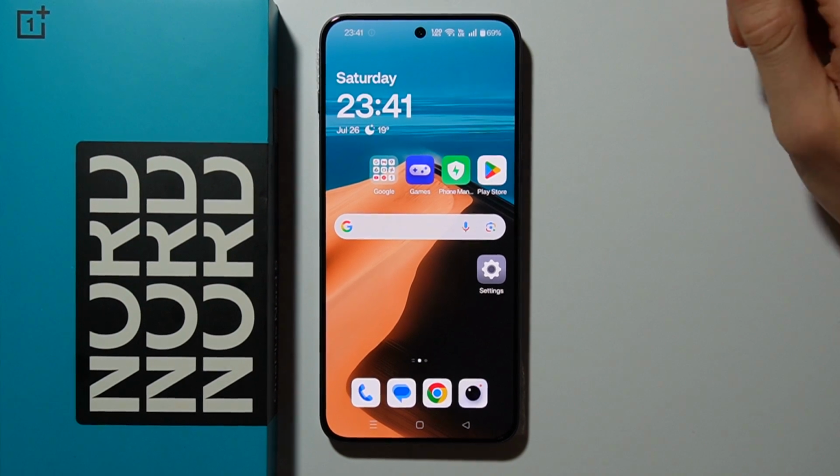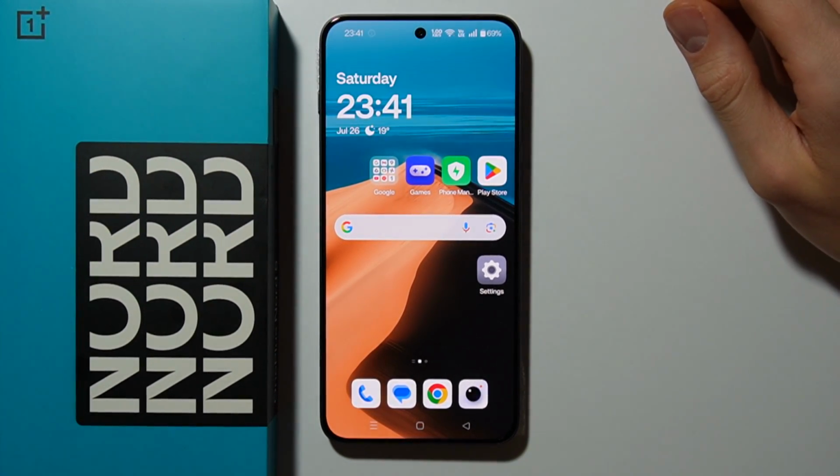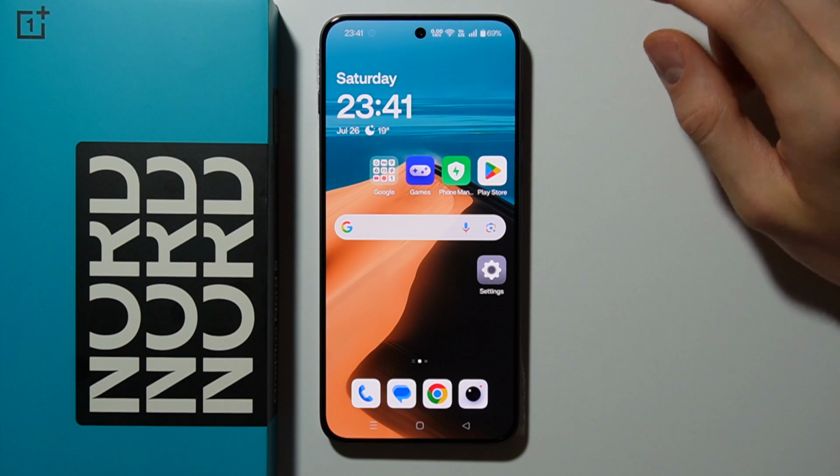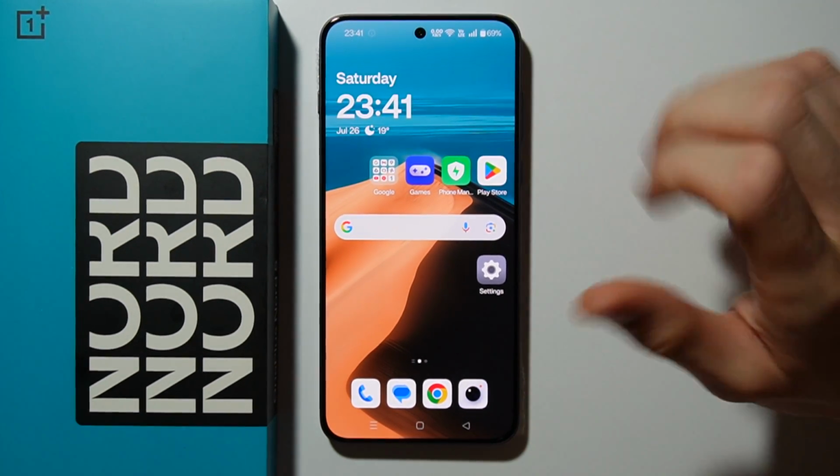Hello, in this video I will show you 4 methods how you can take a screenshot on OnePlus Nord 5. So first of all, you have to make sure how you can make the